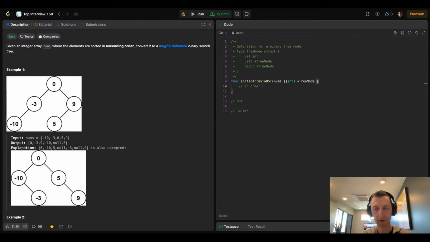Basically it's left, node, right. Yeah, I think it's that way. And by the way, do we need